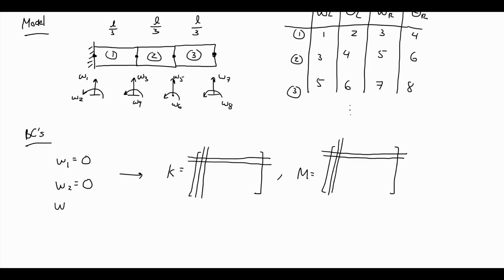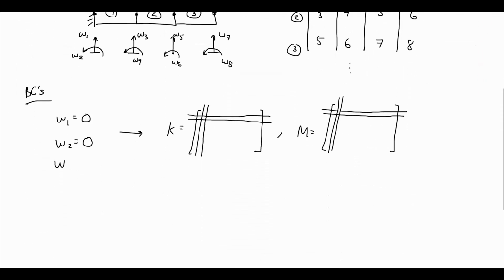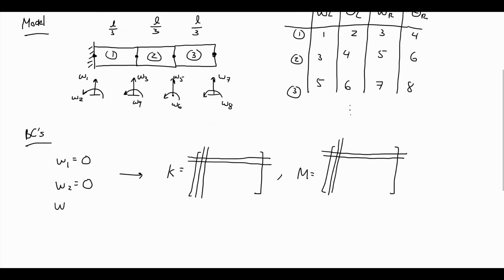In our picture, though, we're going to have a third boundary condition we need to enforce, because now the right end is not free, where the internal bending was 0, the internal shear was 0, which we didn't have to account for in the FEA code. But the displacement is going to be 0 at all times at the end. And then the moment is going to be 0, but again, we don't need to enforce that. So there's actually a third thing we need to enforce, and looking at our small scale image, when we have only 3 elements, it's going to be W7 is going to be 0.